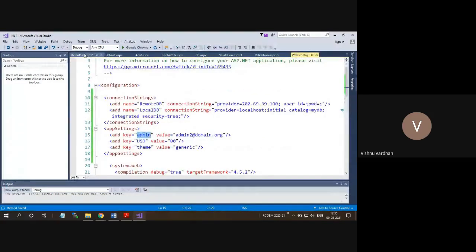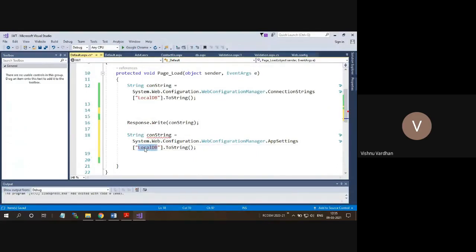The name is admin. Okay, so let us keep this as admin, and this is admin email. Then after this, I'm going to call this admin email, so that to print, we are printing only to see whether it is coming into this variable or not. Okay, so let us comment the first one, and again run this.